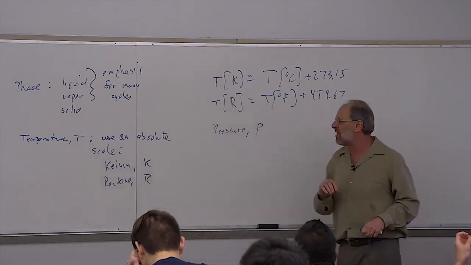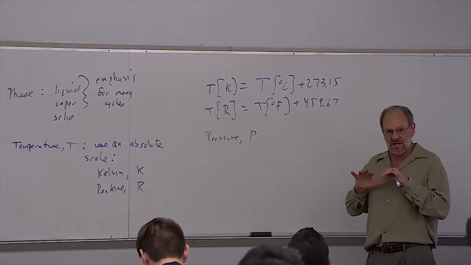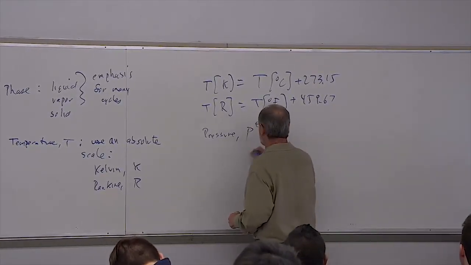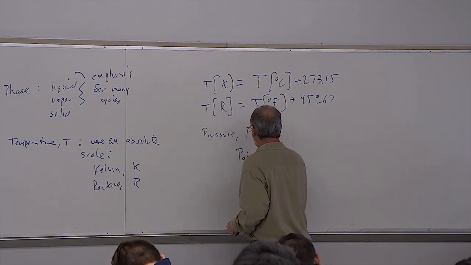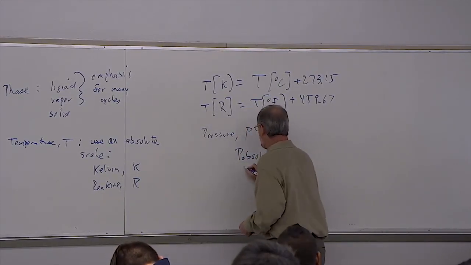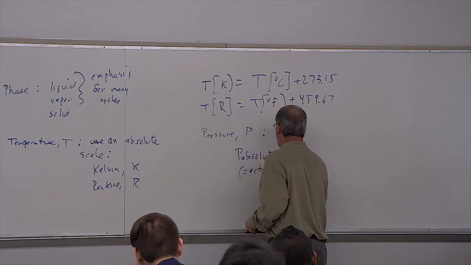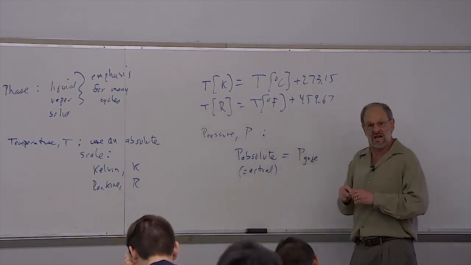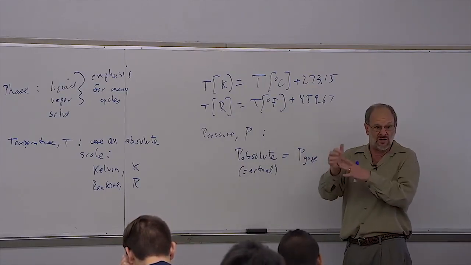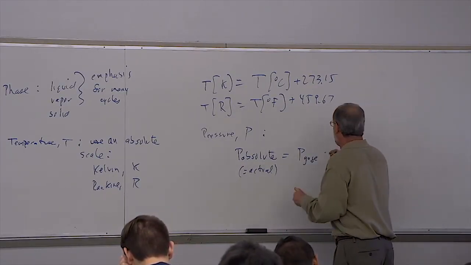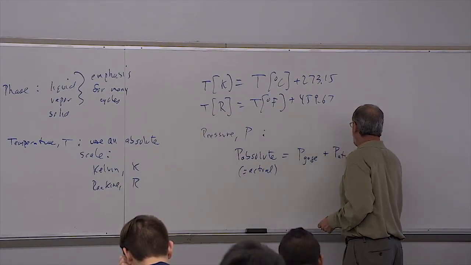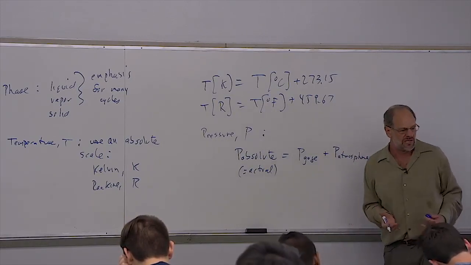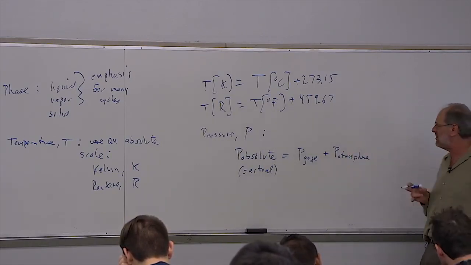So when we're solving a problem, we have to be very careful that we're using the absolute pressure, that is the actual pressure. So with regards to pressure, the absolute pressure, which we can also just think of as the actual pressure, is really just the sum of the pressure that's read on the pressure gauge, the one that's basically set to 0 at atmospheric conditions, and then plus whatever the pressure is in the atmosphere. So the atmospheric pressure, at least in this class, is something that would generally be given to you.